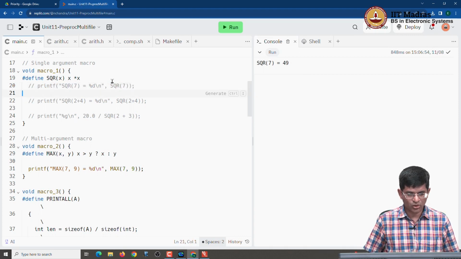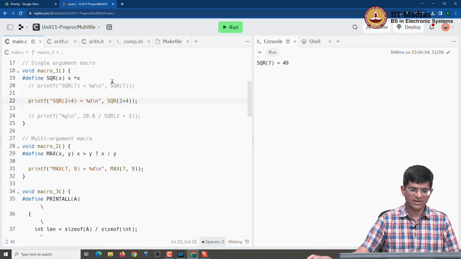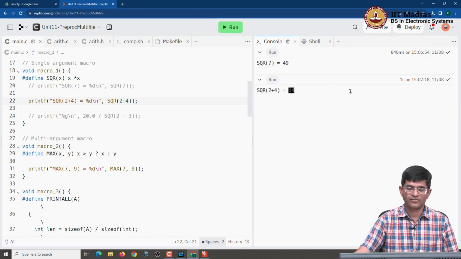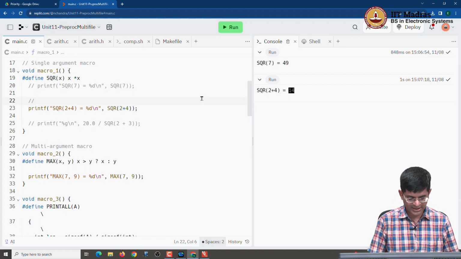So now let's just go forward and I'm going to replace it with something similar. I just want it now to compute the square of 2 plus 4. I know that 2 plus 4 is 6, but I'm lazy, I'm just going to write it out over there. And if I write the square of 2 plus 4, of course I expect to see the answer 36, instead what I see is 14. What happened here? So if we think about it, what has actually happened is that this line literally got replaced by SQR of 2 plus 4,